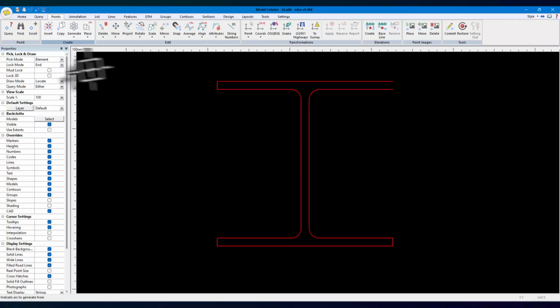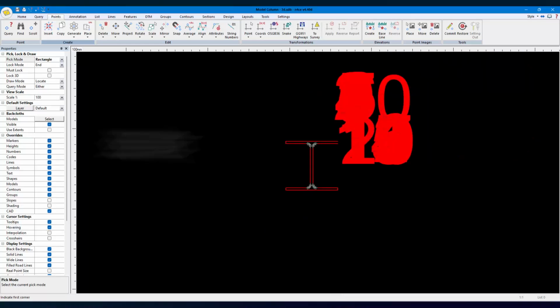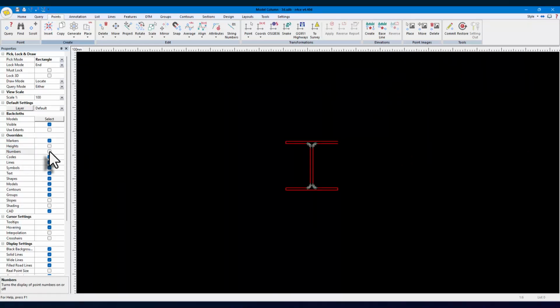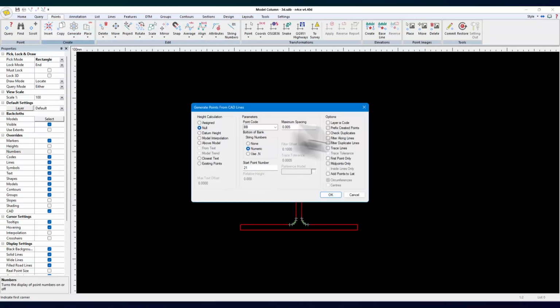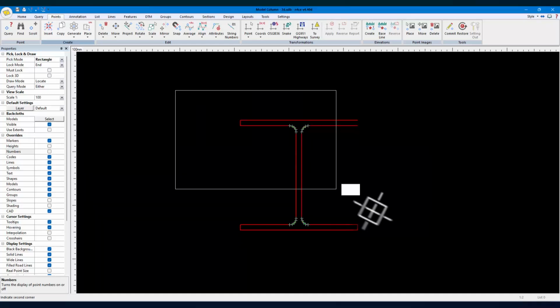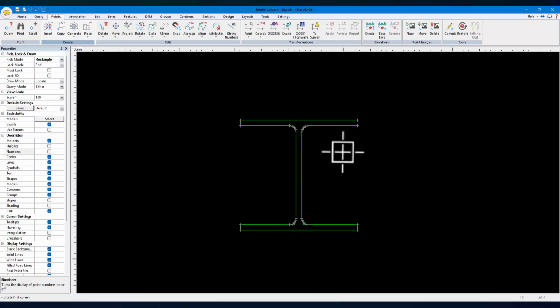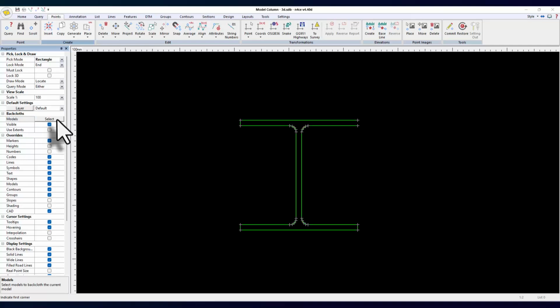Press OK, and in rectangle mode, do those and in those. Obviously, I'm not worried about any levels or anything, so I'll just turn all that number and height off. Now we can go points, generate from lines. I'll do check for duplicates so I don't create any points on the tops of the arcs. I'll set the spacing back to 0. Press OK. Okay, that'll be fine. So if I then get rid of the backcloth,